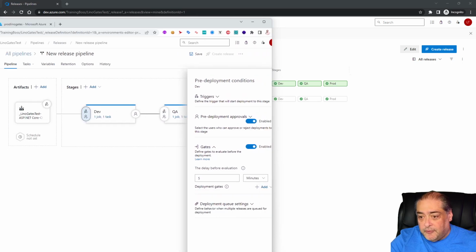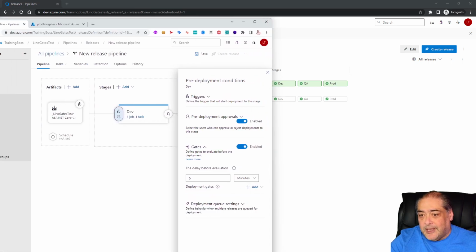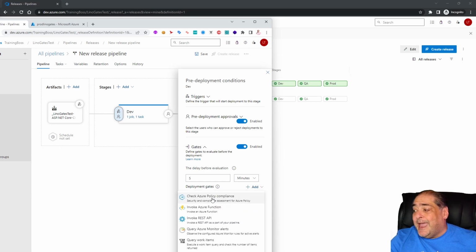What are they? The first one, out of the 6, is check Azure policy compliance. If you click on this, there will be a couple of things. You have to choose a subscription in your Azure account, and you have to use a resource group, and then you might already have a policy added, something like you want to be PCI compliant or HIPAA compliant or whatever. So the nice thing about this is that before it moves from dev to QA, I can set up a gate